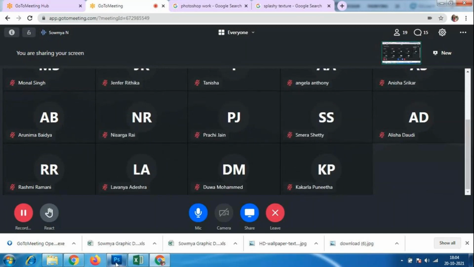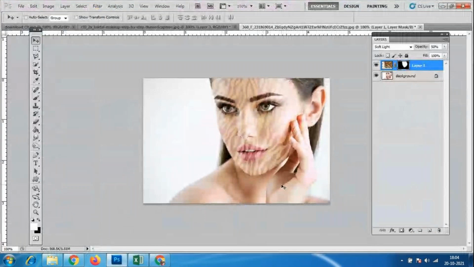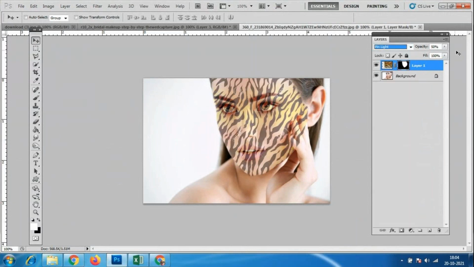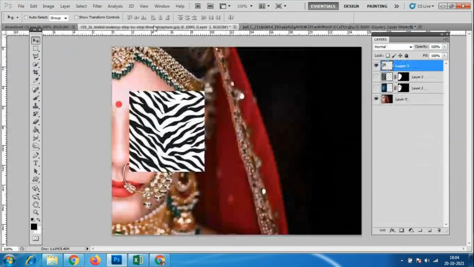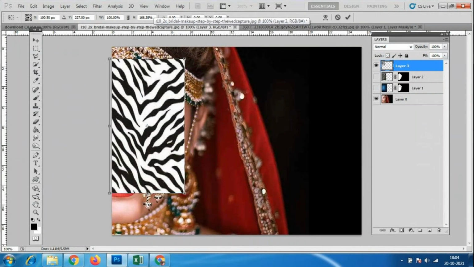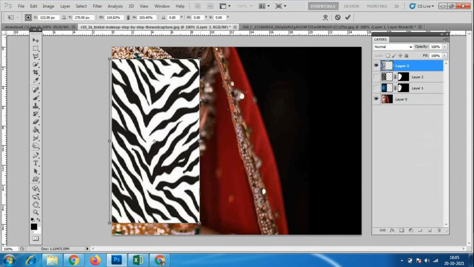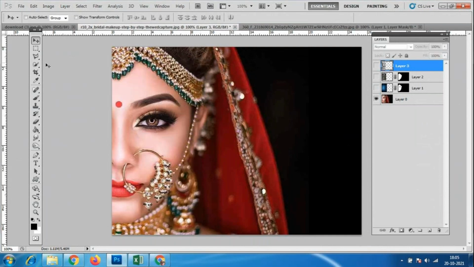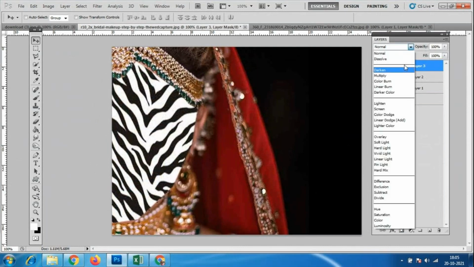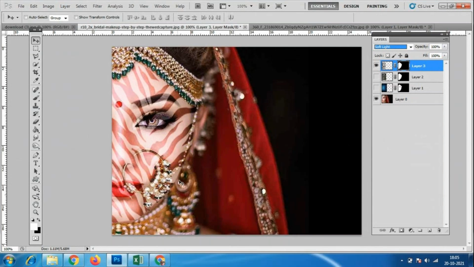Okay, anybody having any doubt with this layer mask? Which is very easy, only the options you have to do the changes over here. Whatever options you want, you can do the changes over here. Okay, so I am keeping this file like this only. Any of the things you have to make like this, control T. All depends upon the image, what kind of images you have taken. So I'll just click on layer mask and the soft light. That depends upon the image.